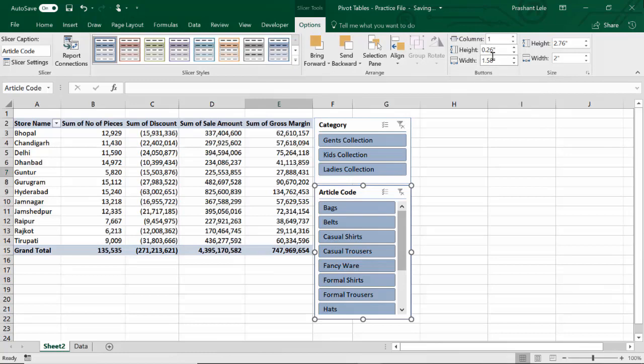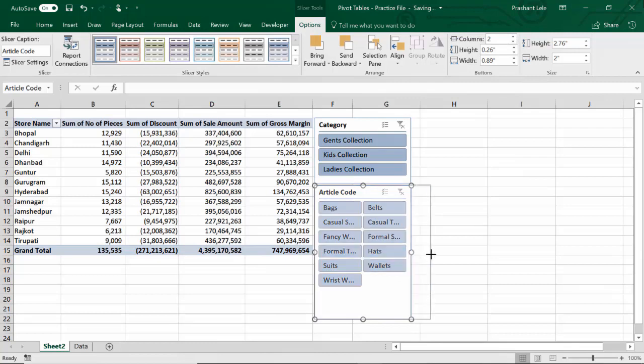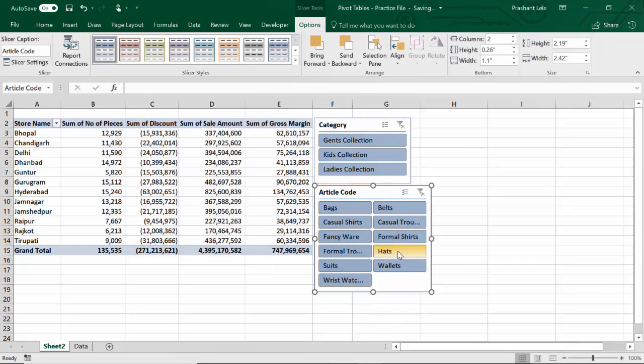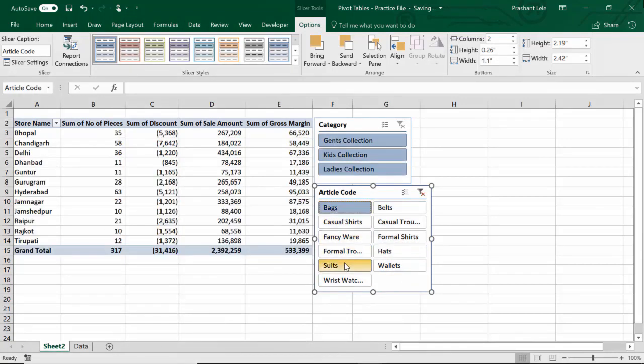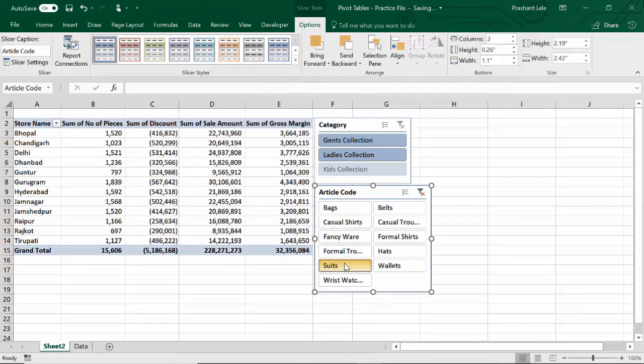You can adjust the height and width of buttons, height and width of the whole slicer, and from here you can select the styles also. Whatever style you select, your slicer will change automatically. So I am just going to give 2 columns instead of 1, so it will be easier to locate the articles. See, I want to see it for hats, bags, suits and so on.